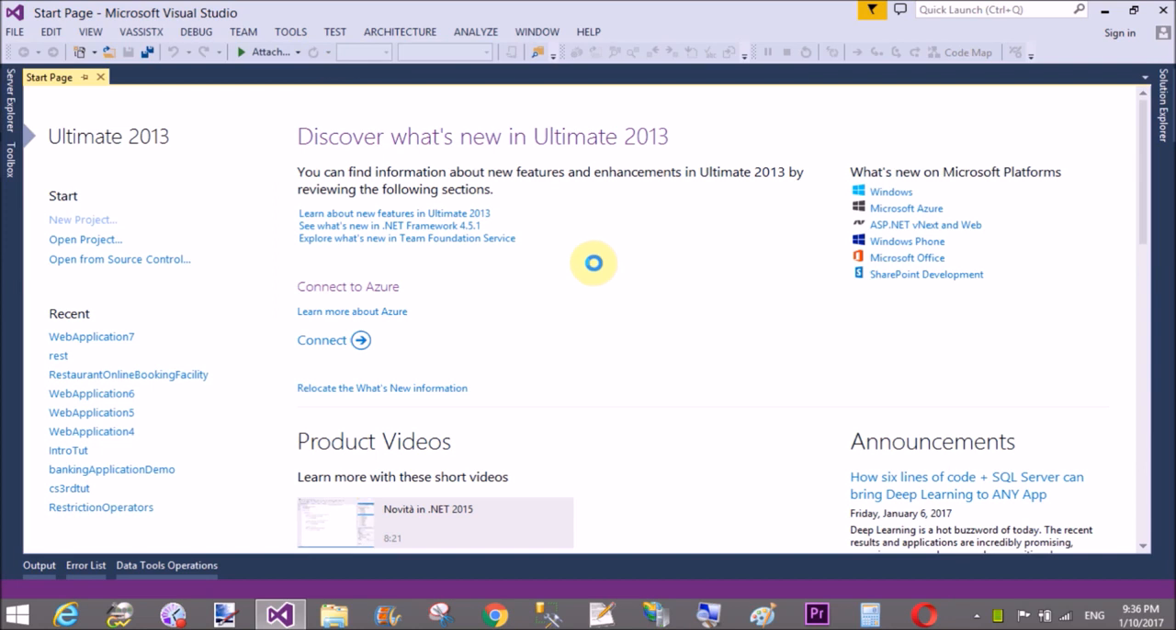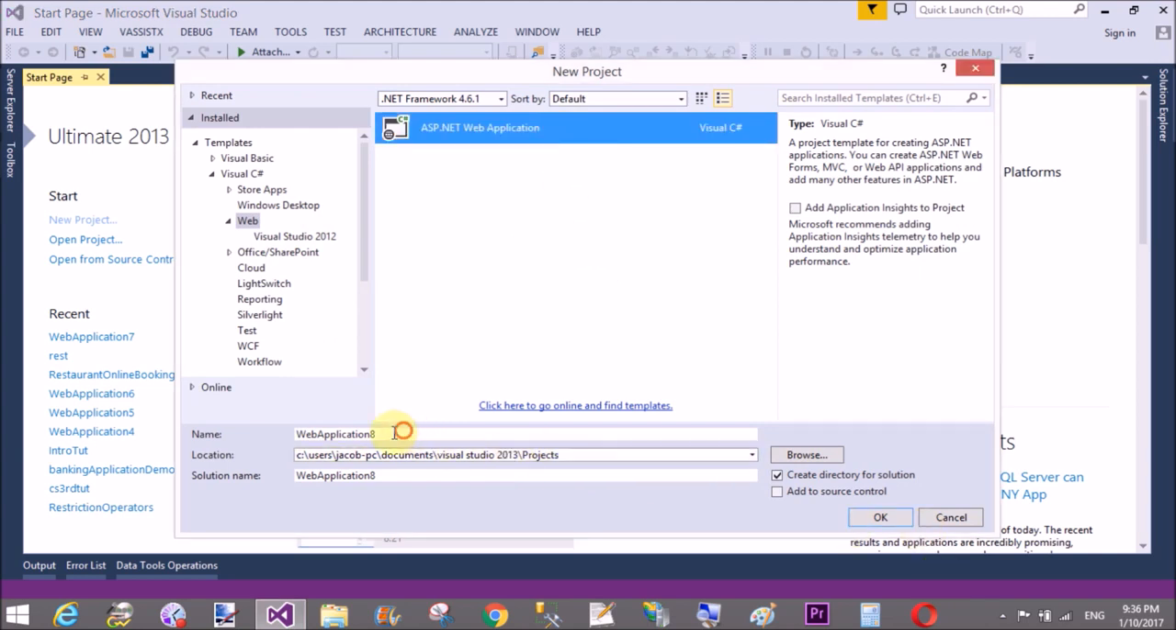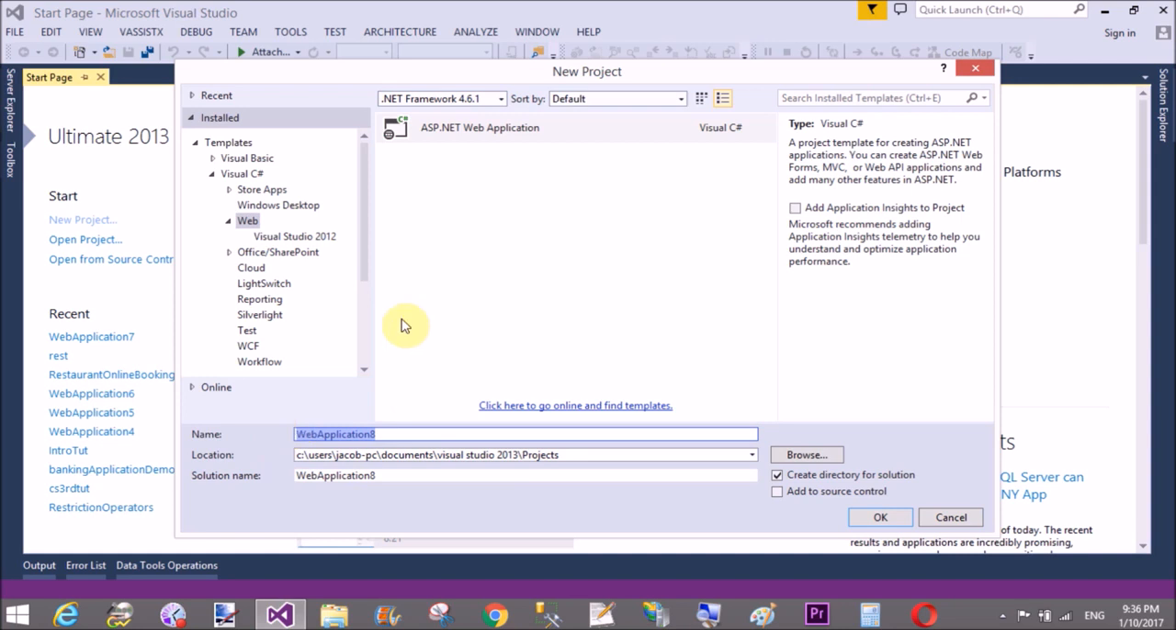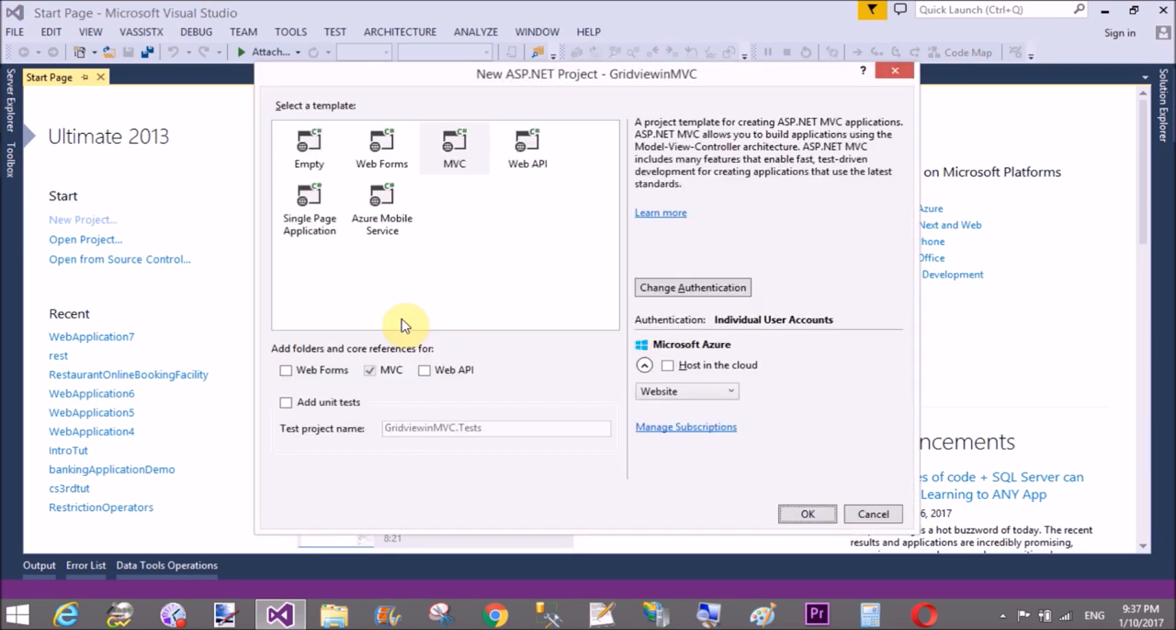Today I will show you how to bind a grid view control that is available in Webgrid in ASP.NET MVC. It's similar to grid view, so thanks to Microsoft, which provides Webgrid in ASP.NET MVC. So same as the previous tutorial, create a new project. If you saw my previous tutorial,